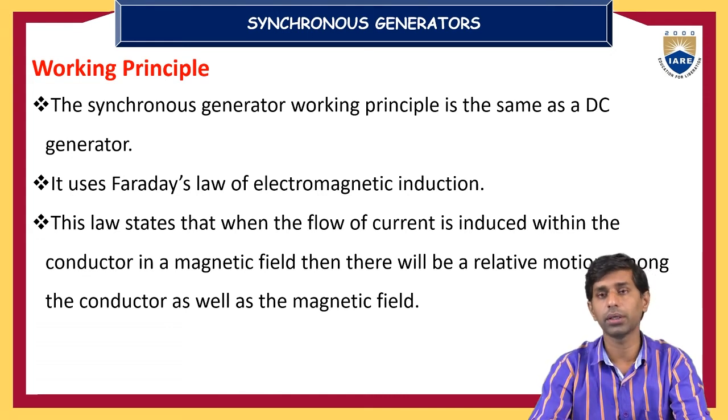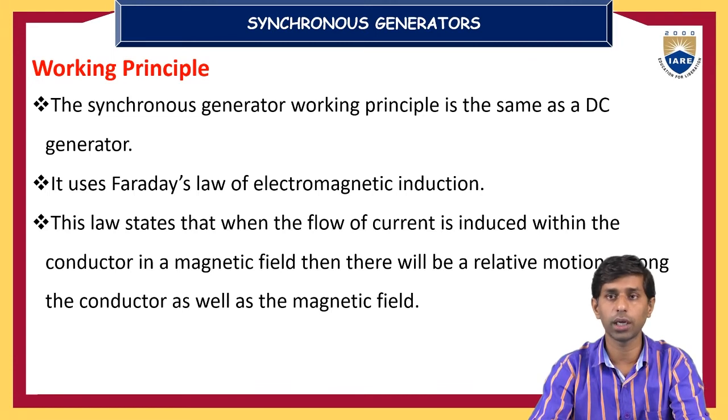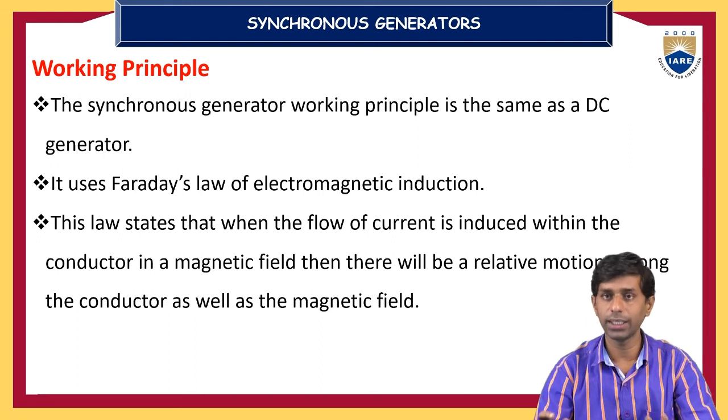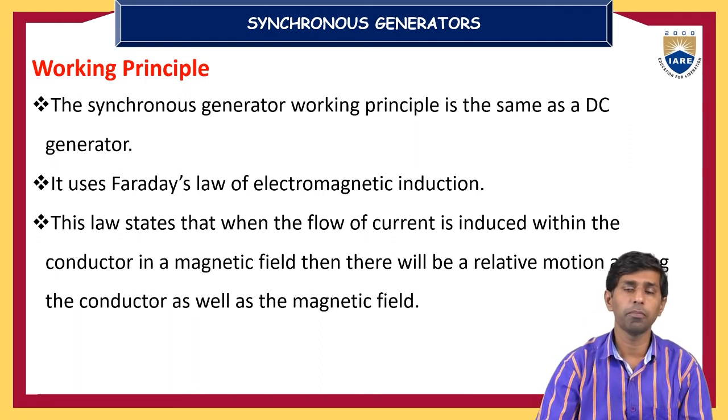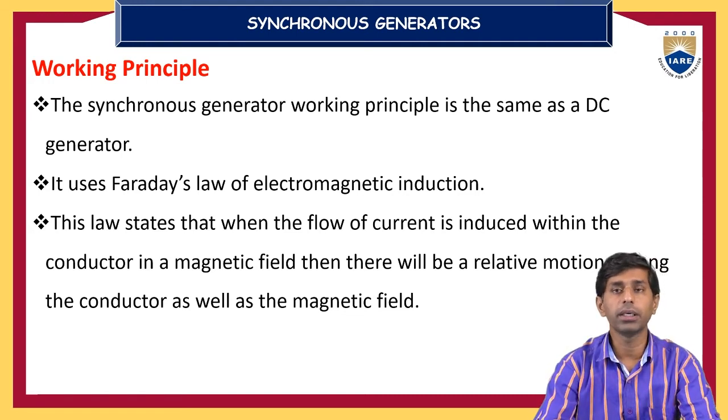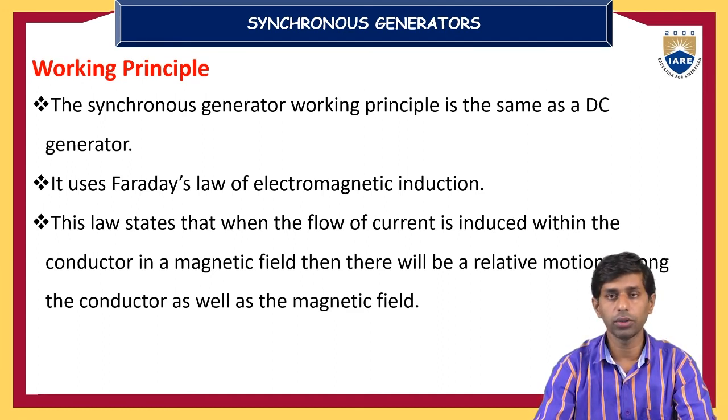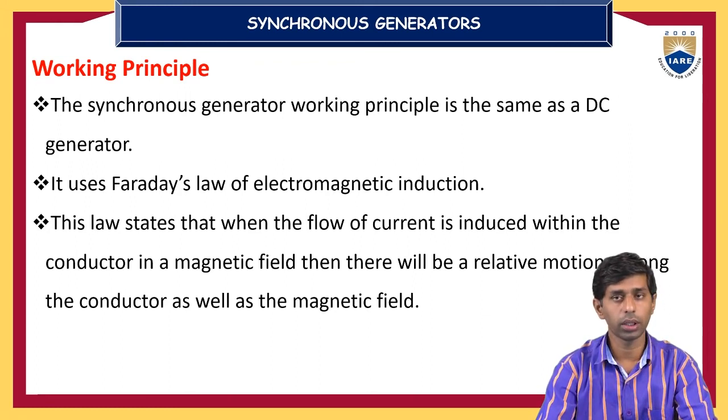In the synchronous generator as well, Faraday's laws of electromagnetic induction are the basic law used to describe how the voltage is generated in the armature winding. In this case, the field winding, excited by a DC supply, is on the rotor periphery. The rotor is movable and connected to the prime mover. The rotor is rotating, so the constant magnetic field rotates at the synchronous speed, and the armature winding is a stationary object.